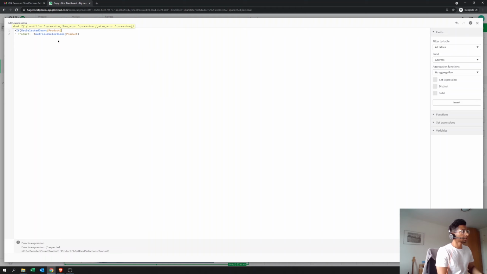So get selected count product, and if none of it is selected, that means that get selected count would be 0, right? So if get selected count is greater than 0, that means that something is selected. Then I want it to print product and get the names of those that have been selected. Otherwise, I want it to say